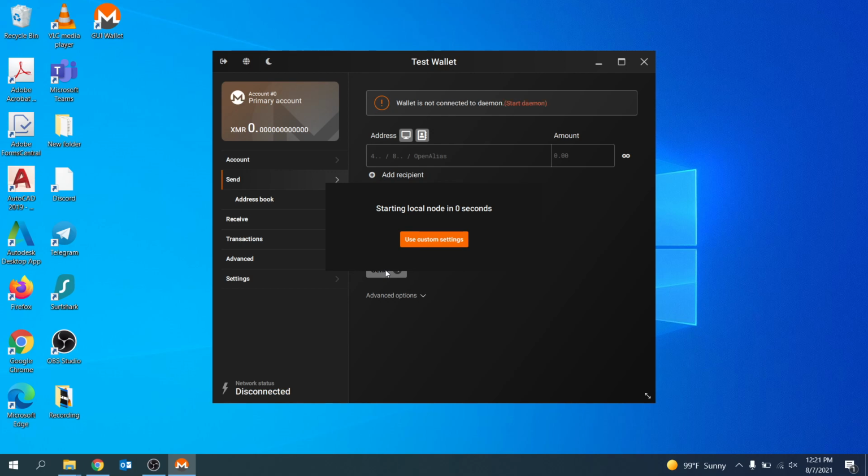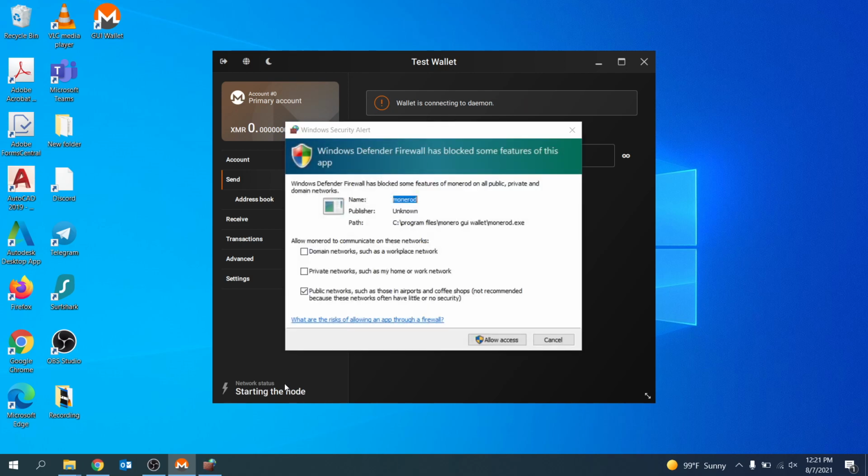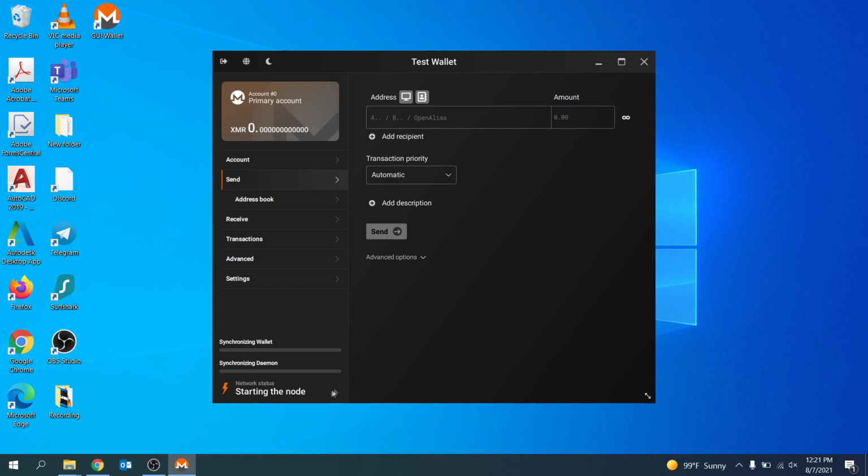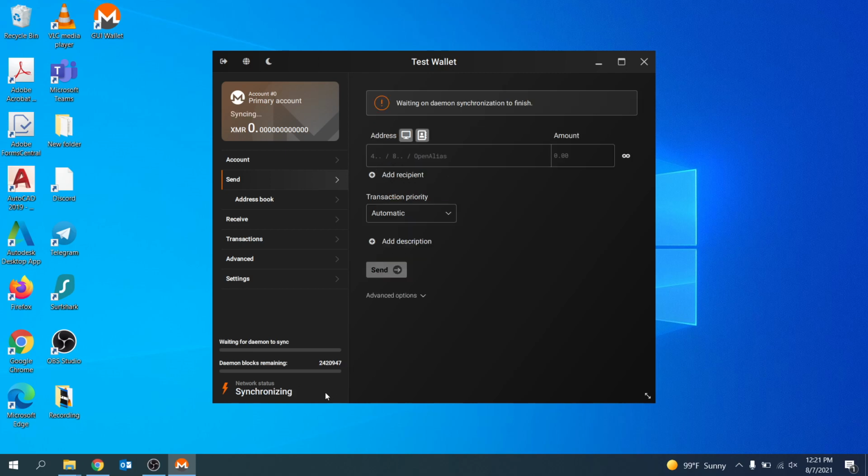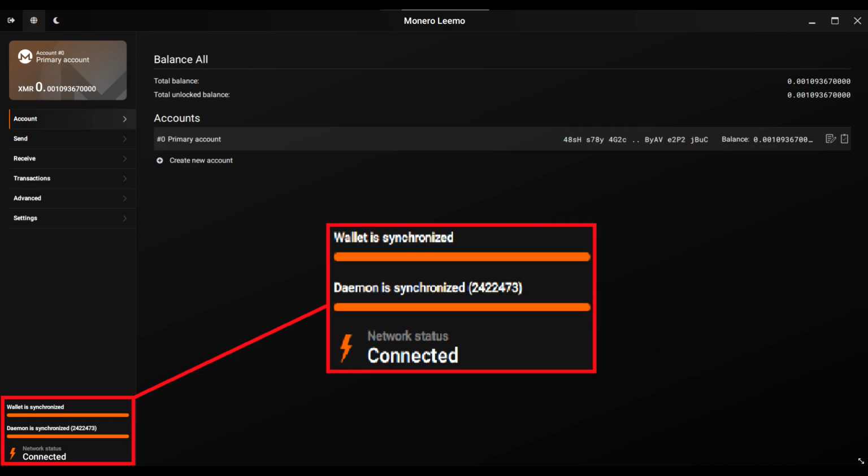So wait for that to finish, and now make sure you tick these 3 boxes and allow access. As we discussed previously, the size of the Monero blockchain is around 100 or 110 gigabytes, so it will take some time to download. It took approximately 5 days for me to download. You want to wait for the chain to be completely synchronized on your node, on your MoneroGUI, before you send